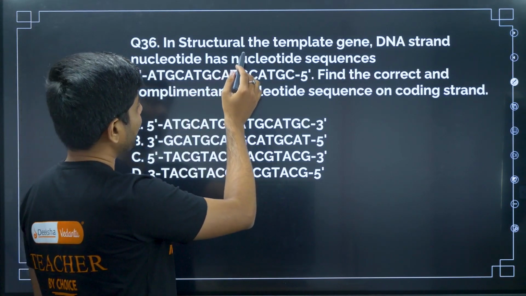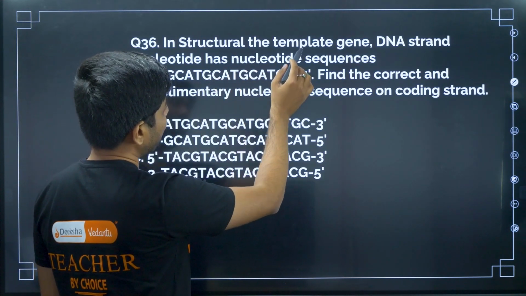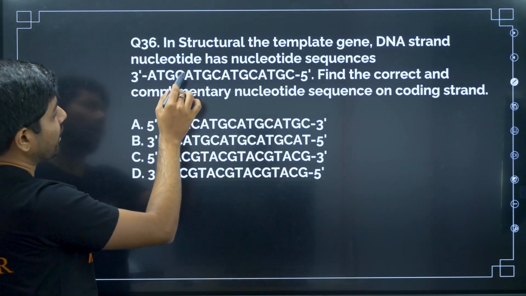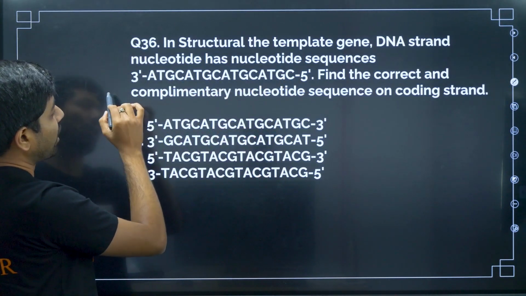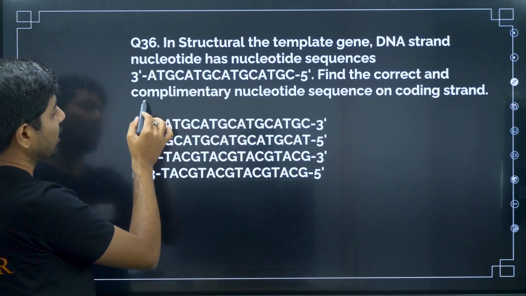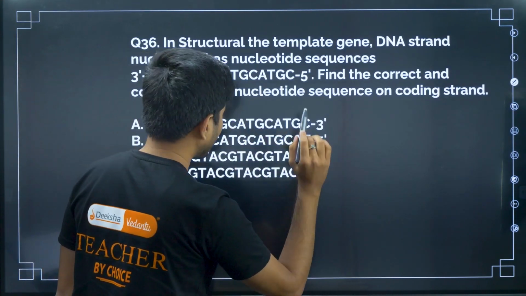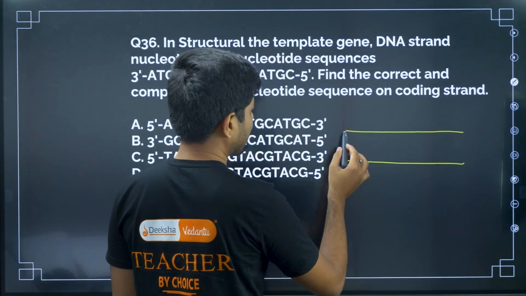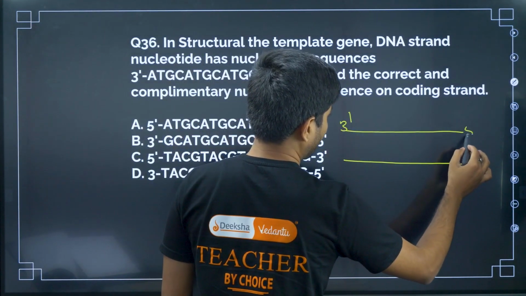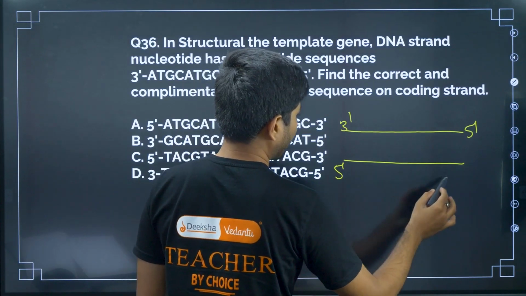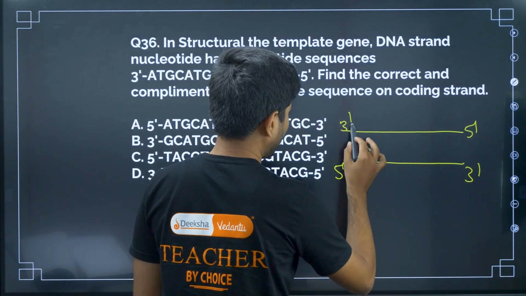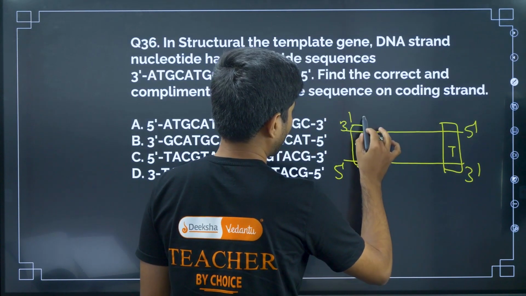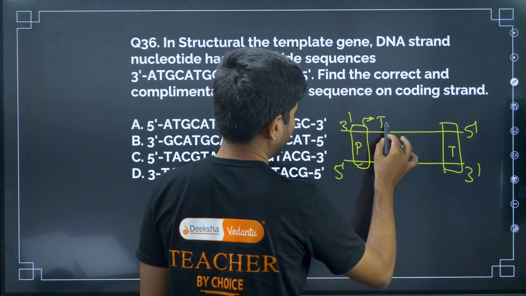In the structural gene, the template DNA strand has the nucleotide sequence 3' to 5'. Find the correct complementary nucleotide sequence on the coding strand. Now if you look at the structure of the transcriptional unit, it is 3' to 5'. Here it is 5' to 3'. Here there is the promoter region, here there is the terminator region. Now promoter is like this, correct? Now this is the template,